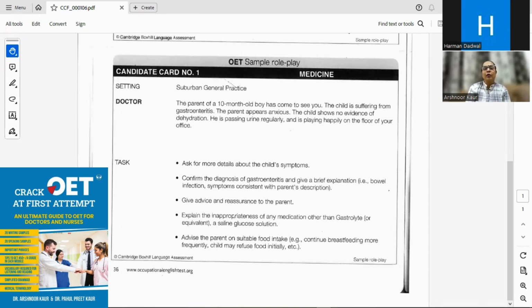Here, the most important question to be asked is how many stools the child has passed till now. The mother is quite anxious and she's feeling that the child is in a serious condition, whereas you have noticed that the child is playing on the ground and is healthy, as is mentioned in the case notes. Then you have to convince the patient: first of all, relax. Your child is safe and the best treatment will be provided. So try not to worry.